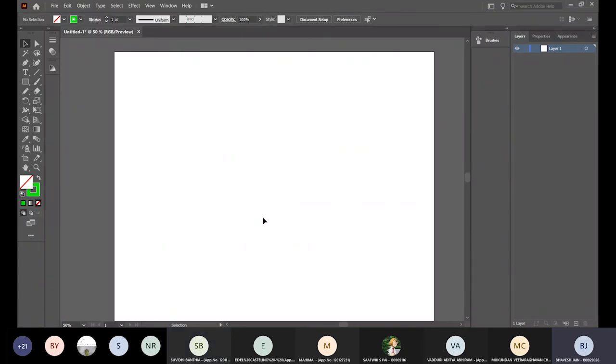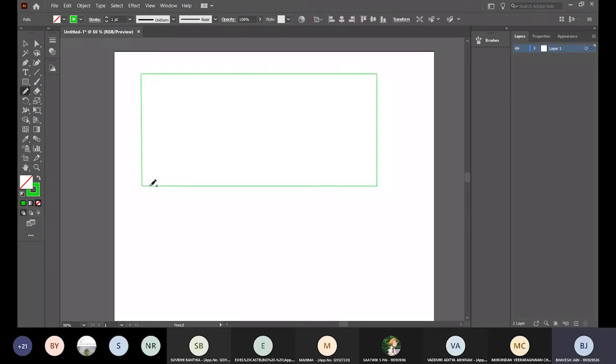Sure, anytime. So now with the brushes part done, another important thing. With the pencil and brush tool, if you want to draw a straight line, hold down Shift and then draw. If you want to move upwards, hold Shift for a while, then leave and draw again. Again, move in this direction, leave, draw. And again, leave, draw, and it will automatically show you the closing sign and you have made a rectangle.